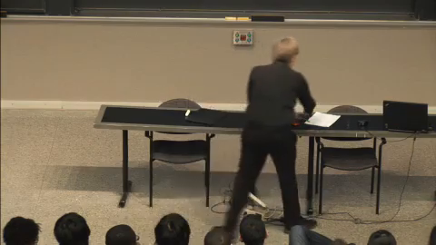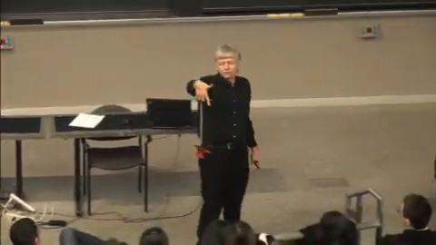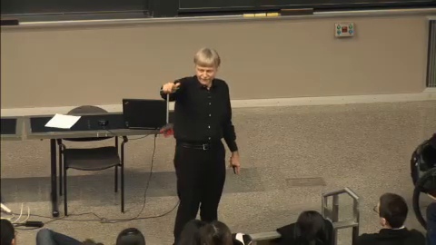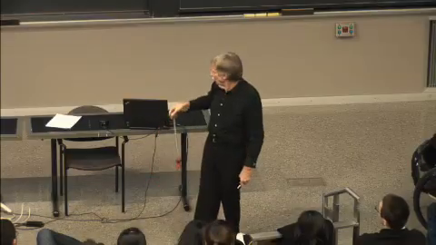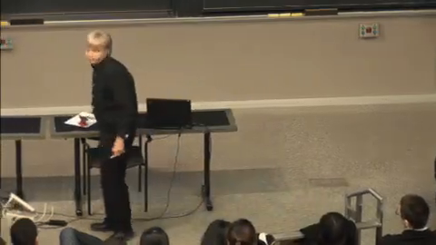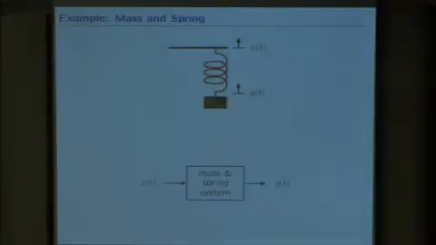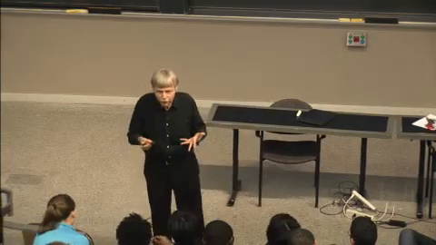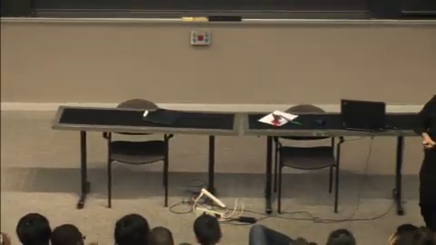So the input signal, it's kind of arbitrary what I use besides the input and the output. But clearly, the thing I have control over is my hand. OK, so it seems natural to associate a variable with the position of my hand. That would be x. Also seems natural to associate a variable with the position of the mass. That could be the output y. That's not unique. Every time we try to solve a problem, we ask ourselves, what's the meaningful input? What's the meaningful output? The meaningful output could have been the force on the spring.